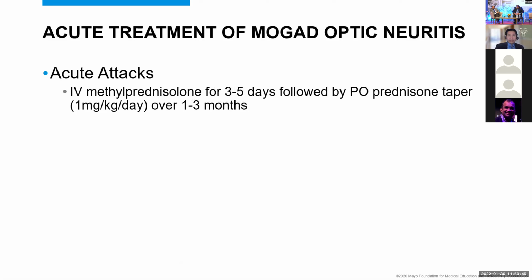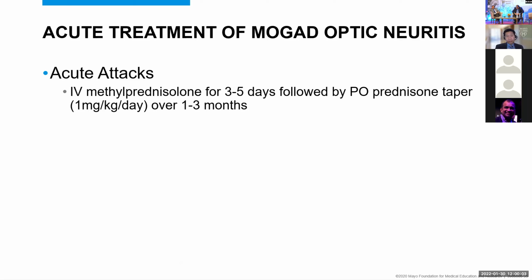So in terms of treatment, they tend to be quite steroid responsive. And so we typically treat them with IV methylprednisolone for 5 days. And we tend to do a prednisone taper over 1 to 3 months because they're not only steroid responsive, they can sometimes be steroid dependent. I know in the UK, they often do a prednisone taper over 6 months. So, you know, you can really extend that oral prednisone taper if you've got a patient with that steroid dependency